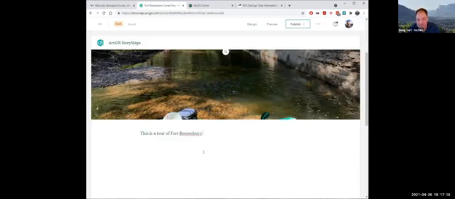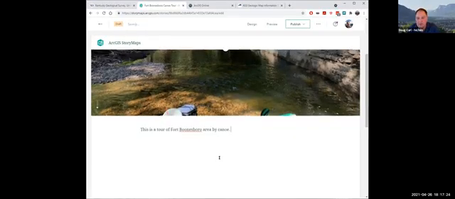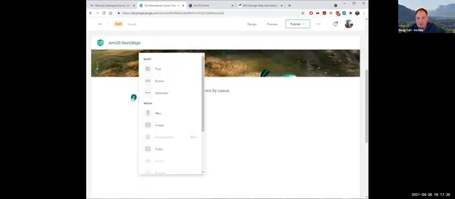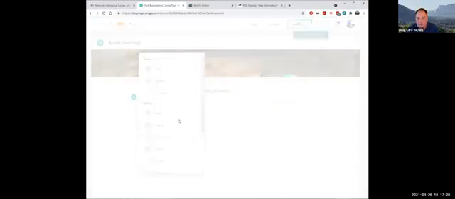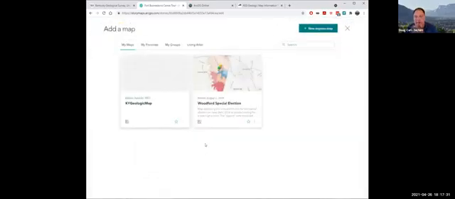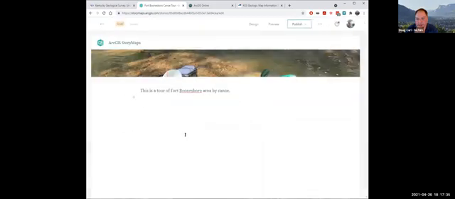I'm not going to type a ton of text in this, but by canoe, and then I want to add just a location map. And so what I did there was, I'll just X out of that.